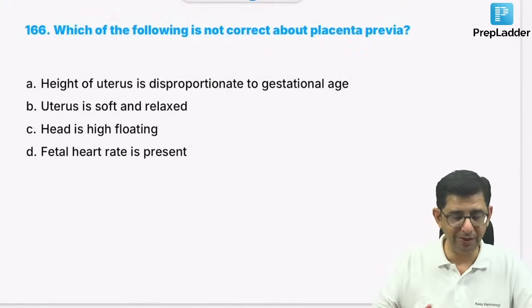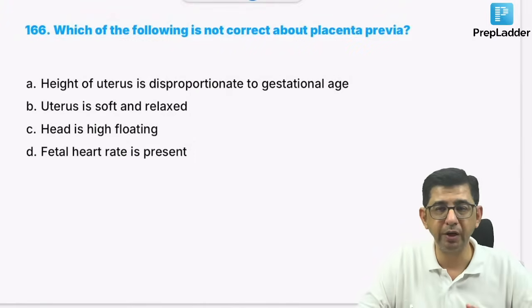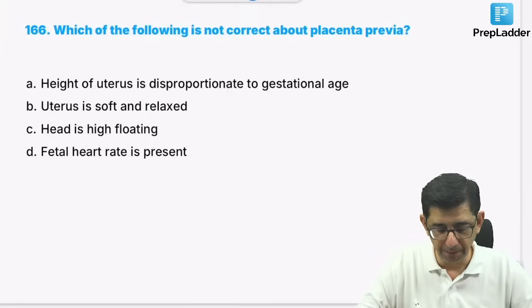Okay, not correct about placenta previa. We talk about antepartum hemorrhage. Two varieties, placenta previa and abruptio placentae. And the most important thing would be,